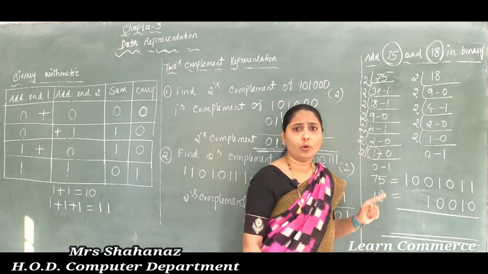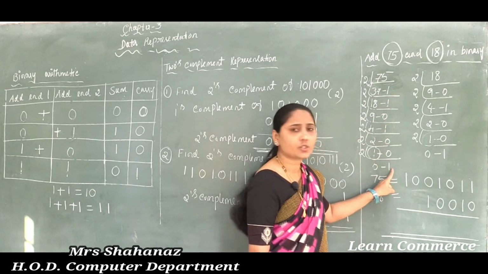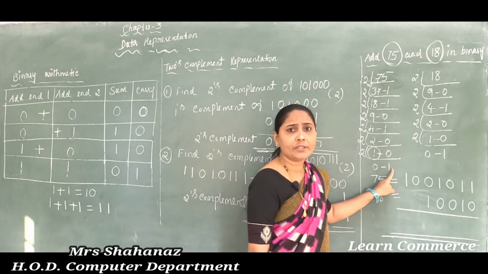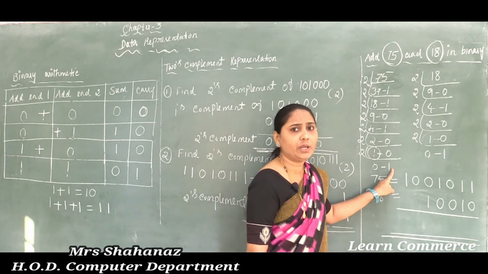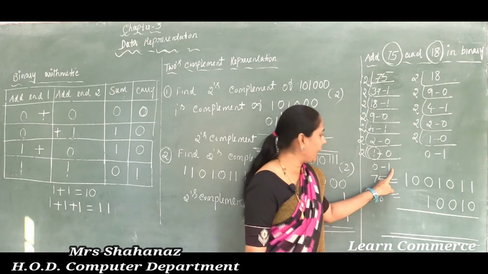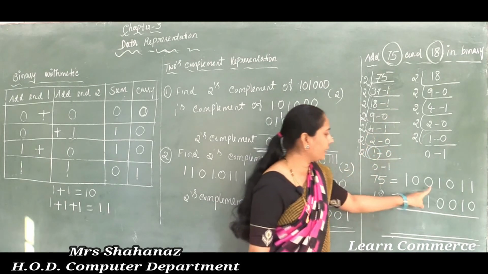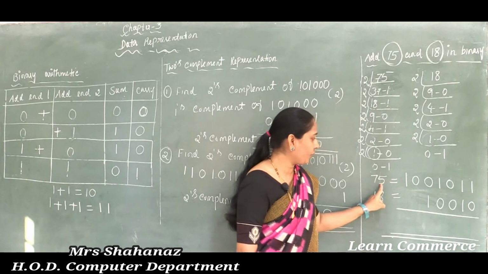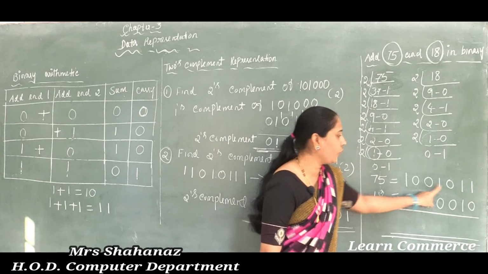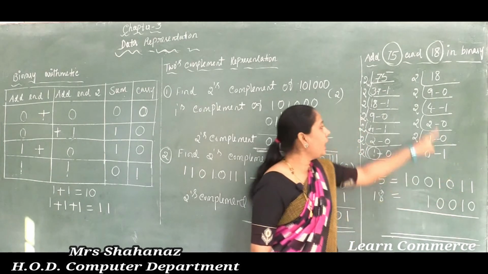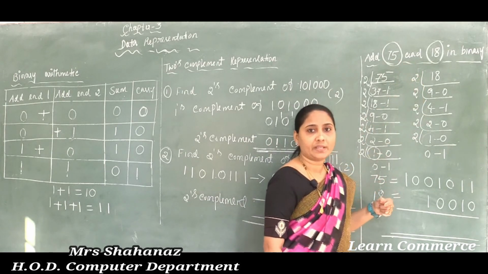Now whatever the value we need to take, the first remainder is called the LSB, the last one is called the MSB, and while writing the equivalent binary number, we write from the MSB to the LSB. So first of all I need to take 1 0 0 1 0 1 1. Correct? So I completed here. 75 value is equal to the remainder MSB value 1 0 0 1 0 1 1, and later as well we need to take the number 18 MSB value also.